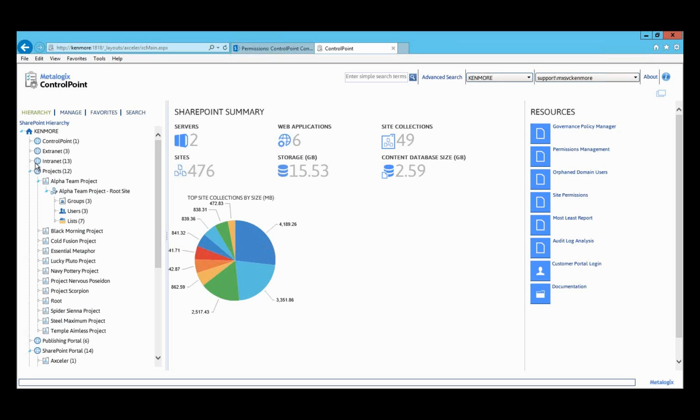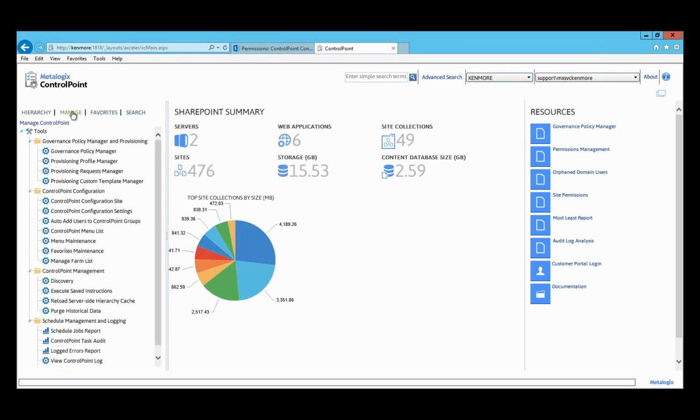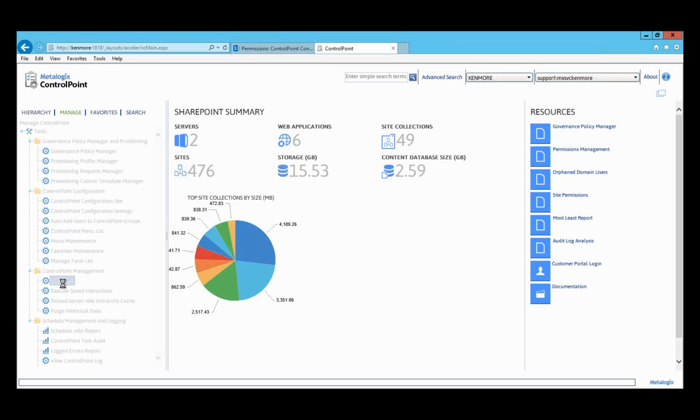Now that doesn't necessarily need to be a full discovery, because in this case the permissions data is cached into our XCadmin service database when the discovery runs on that site. So for instance, if I wanted to add a user to this Alpha Team project site, and I wanted them to be able to immediately access that site through ControlPoint, what I could do is navigate to my Manage tab here, go over to my Discovery option,